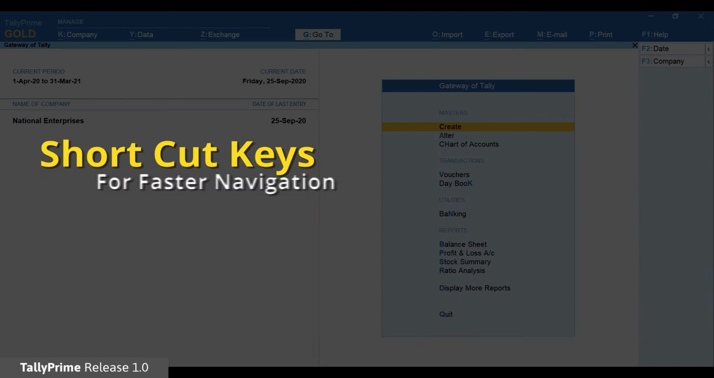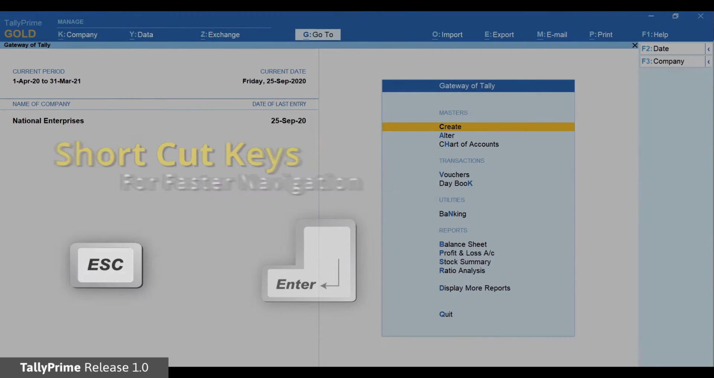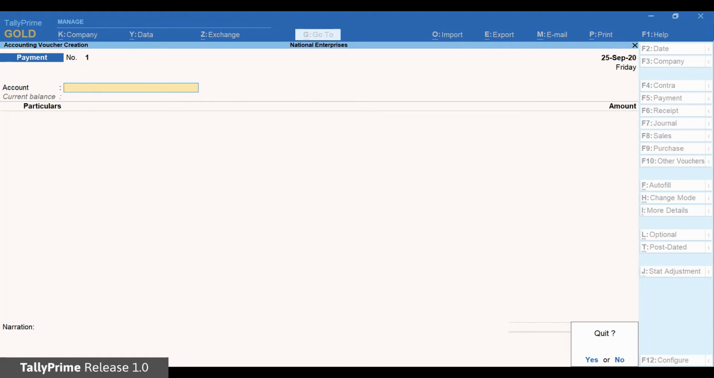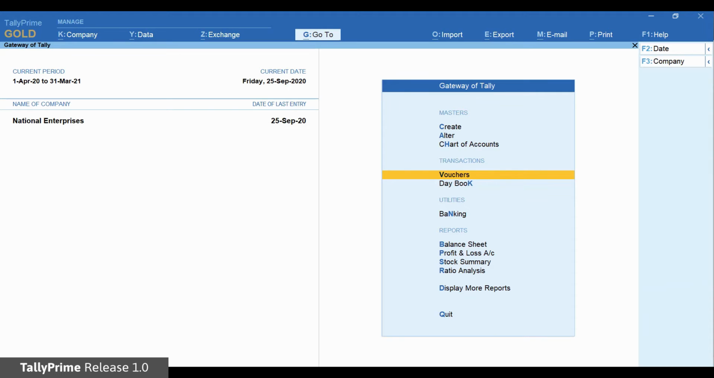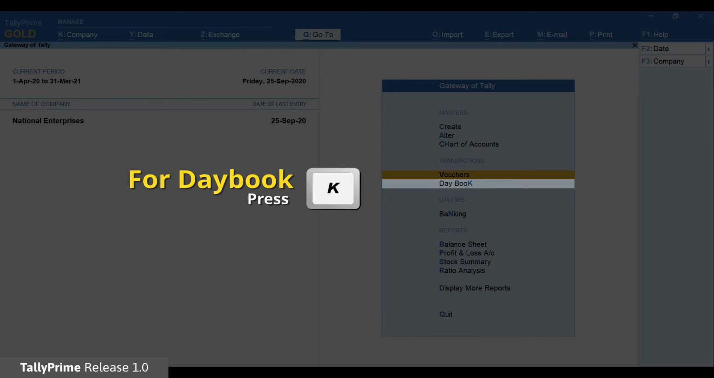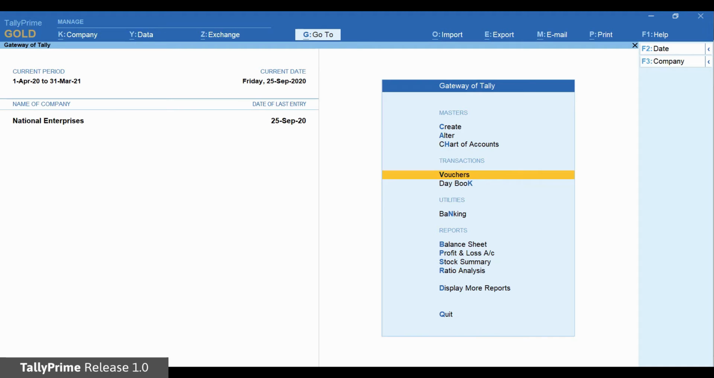The two basic keys you will need to open and exit any feature are the Enter and Escape keys. Place your cursor on any menu and press Enter to open and press Escape to exit. The versatility of Tally Prime allows you to do the same thing in different ways. For example, to access a feature, you can use the shortcut key such as pressing K in Gateway of Tally to open Daybook,